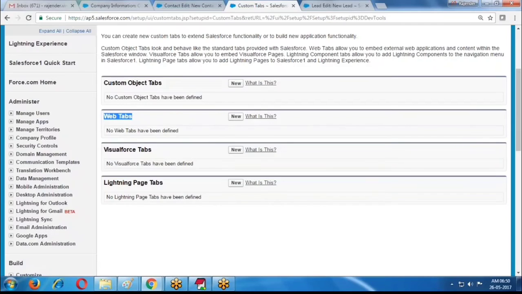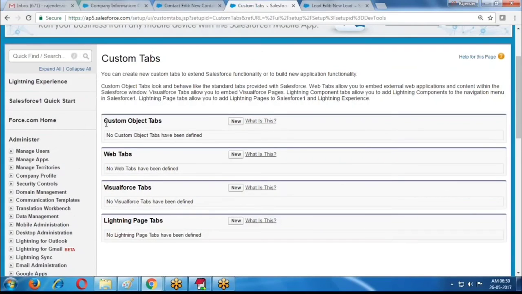If you want to create a tab for google.com, you can create it by using web tabs. For Visualforce pages, if you want to create a tab for a Visualforce page, you create the Visualforce page and create the tab for it also. Lightning page tabs are mobile-related, application-related tabs.